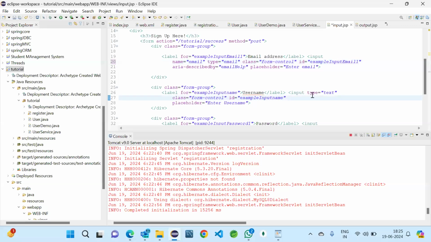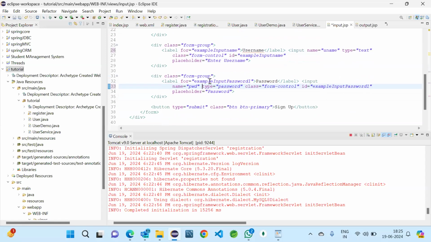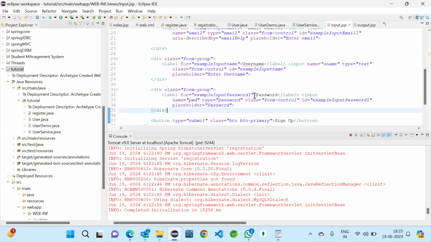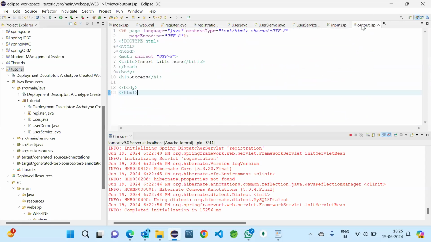So let me take name equals to uname we have given there and for password we have given PWD. That's why I'm giving the name also, to identify these fields are related to these values of the user only. So after that we have completed the input and coming to output we will be printing the email and welcome message like that.